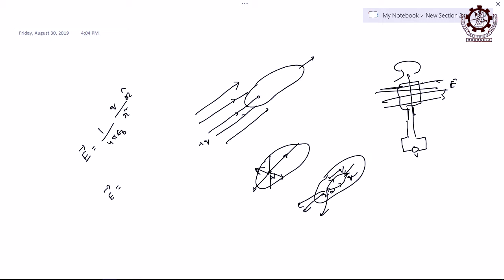But when it is at origin, it is 1 by epsilon 0 q divided by r, and this r is different from that r, right? When the point charge is at origin, this is the position vector with respect to origin, that point. But what is this r? This r is nothing but equal to r prime. So, let us think that the point charge is at origin.